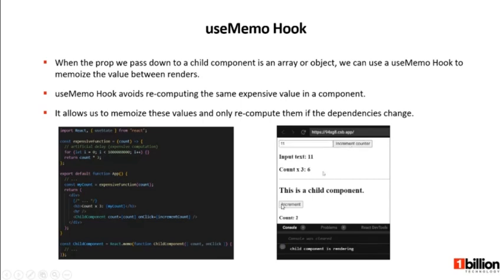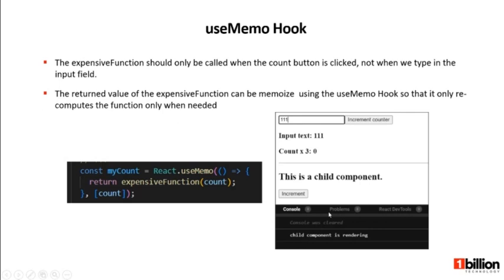And as we can see in this GIF, we experience a lag in our application whenever we try to enter text in the input field when the count button is clicked. This is because every time the app component renders, it invokes the expensive function and slows down the app. The expensive function should only be called when the count button is clicked, not when we type in the input